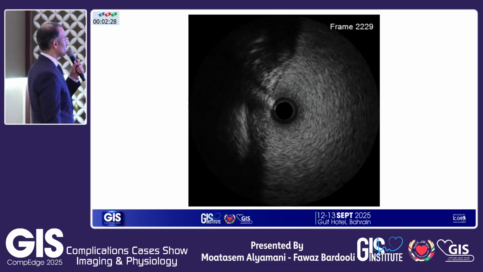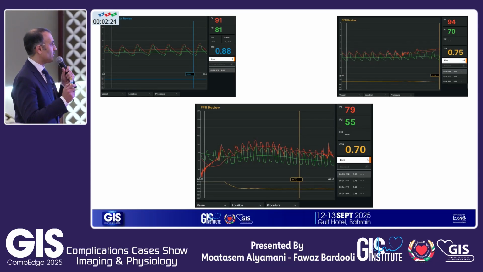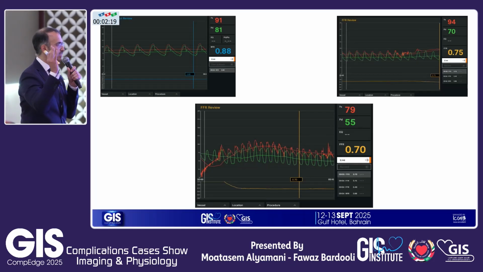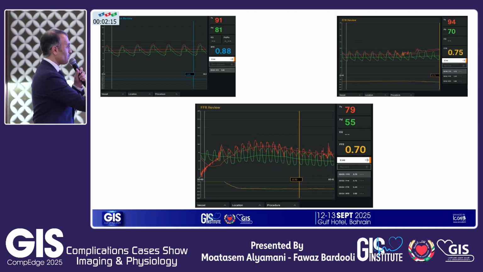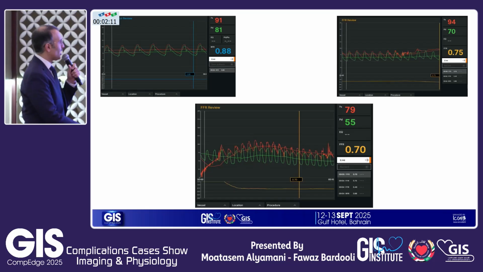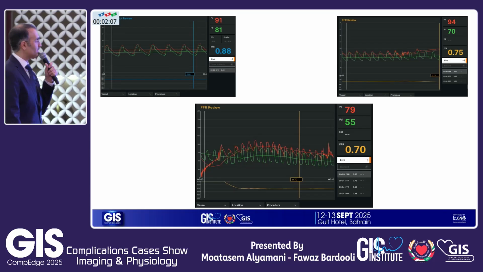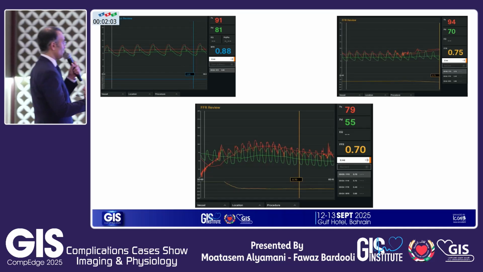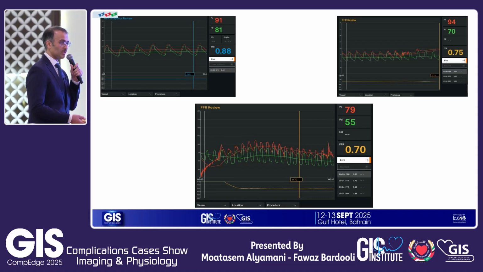Let's go to the physiology. So your RFR, and remember, we have a questionable borderline. Imagine that we haven't done the IVUS. You have a borderline left main, and you have a downstream lesion, and this is your RFR, 0.88. So it's a positive. Then you do your FFR. Your FFR is already positive. Actually, this is the baseline, and this is after the adenosine. So even you don't need to give adenosine at that time. But the question is, which one is causing the problem?